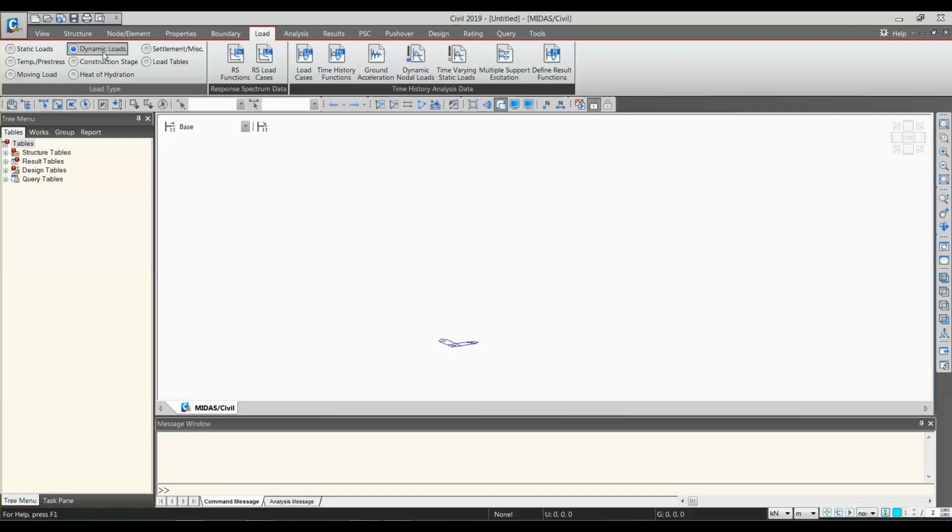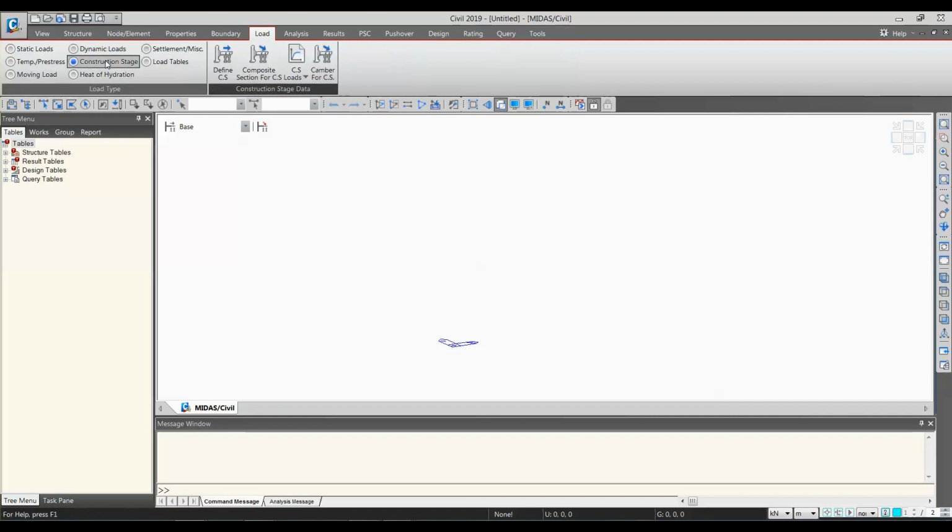Okay, so depending on the requirement of a user, you can define these things. Now when response spectrum function is there, you have to define the soil strata, you have to give the seismic zones, and all the details like importance factor, response reduction factor, and the program will generate a spectrum, and then we can give that spectrum function as a load case to x direction, y direction, or in the direction in which you want to apply it. Okay, so this was about the dynamic loads.